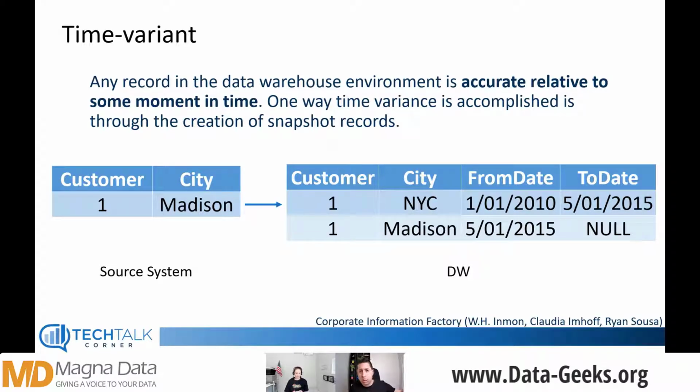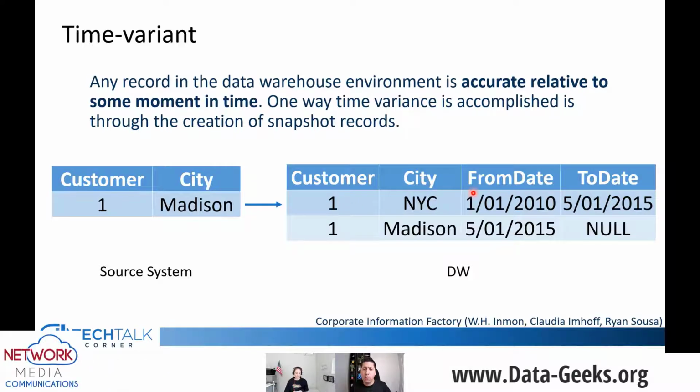You can add more columns such as current record, and you can add some more metadata columns. But you can see here that we're not replacing the information. So we know that our customer was living in New York City until 2015, and then he moved to Madison. So we're able to get accurate information from any point of time in the past.